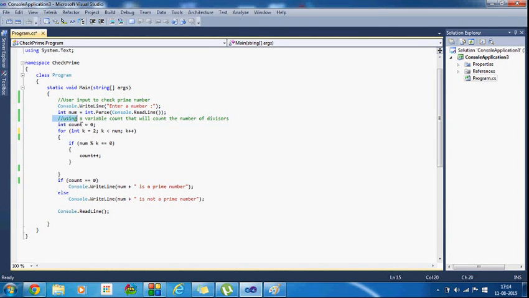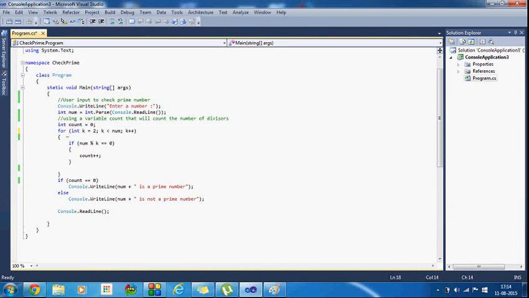And here I have taken a variable count. It will count the number of divisors of the given number.